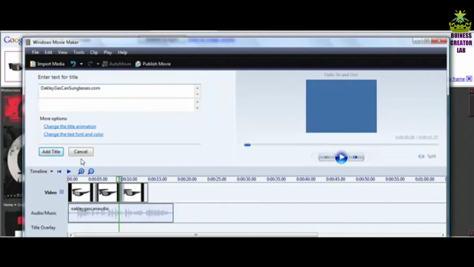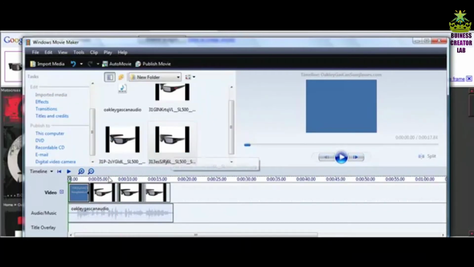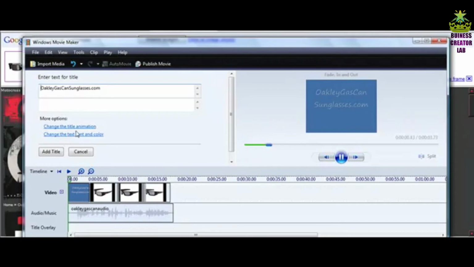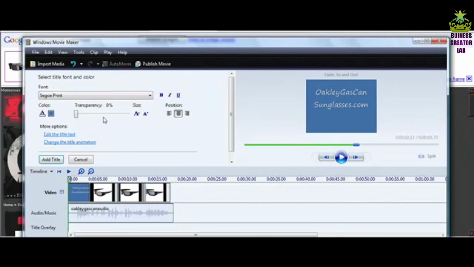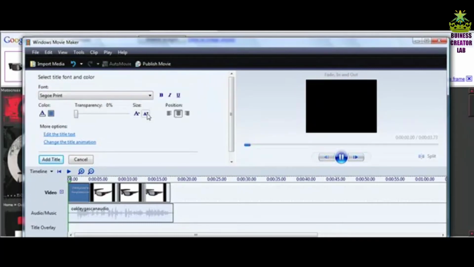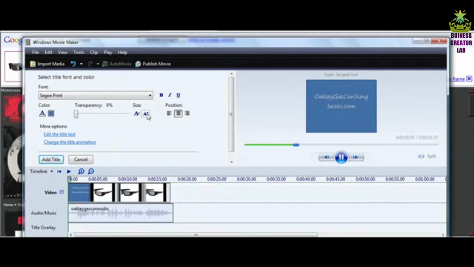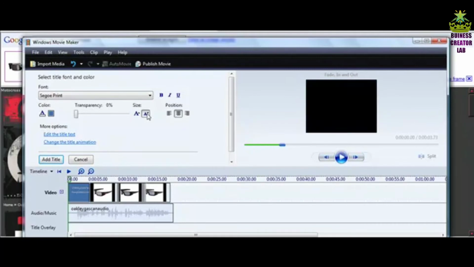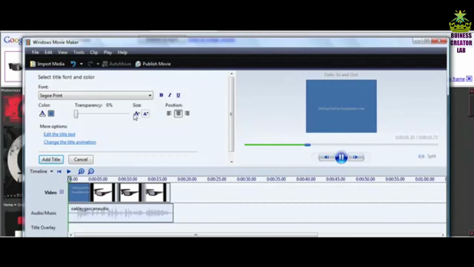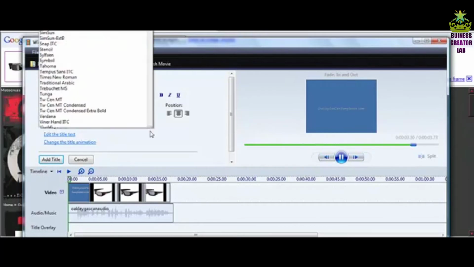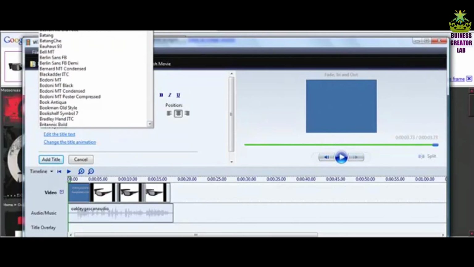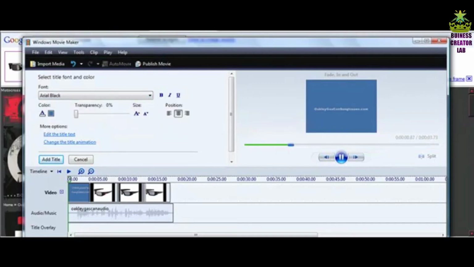And then click on add title. Now you can come right over here to the title and double click on it, and you could actually change the text font if you wanted to. Like if you want to make the font smaller so it actually shows up a little bit better, you could do that. And if you want to change what the font looks like, let's say you want to change it to a more natural, like maybe Arial Black for example, and you want to edit the background, you could